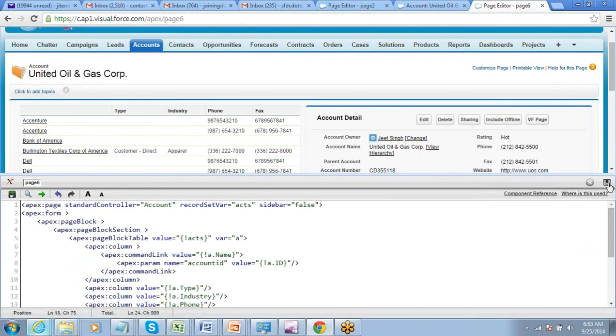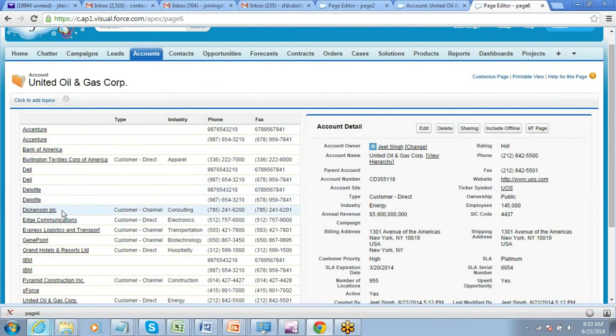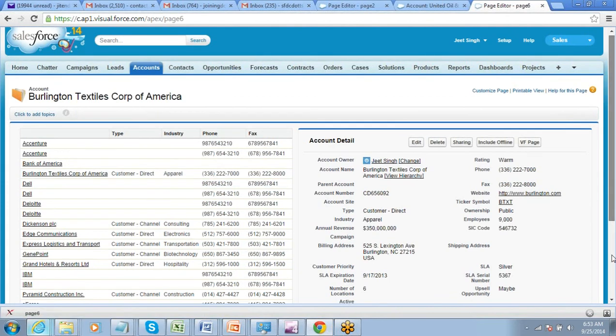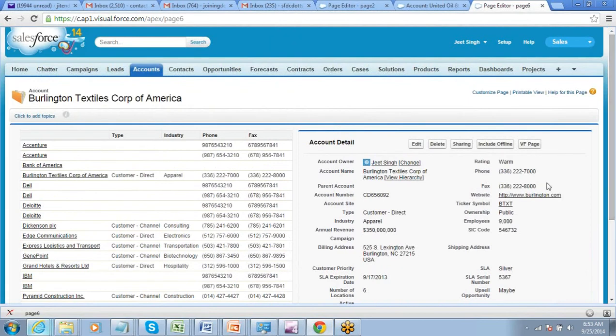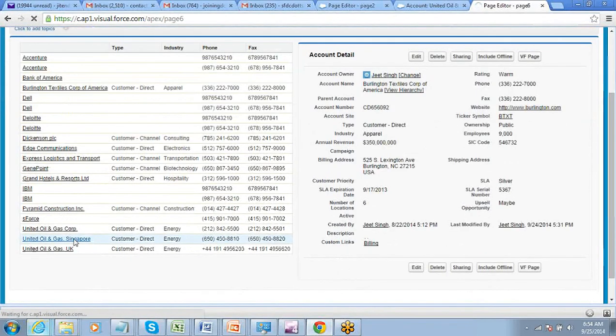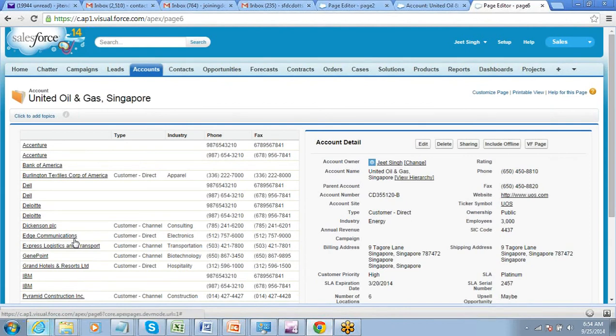So the next thing that I'm going to do is, while I click on any of the links, what is happening? This entire page gets refreshed. If you notice this, when I click on this, the complete page gets reloaded, right? That is the reason why it takes a bit of time to update or refresh this data, because the entire page is getting reloaded, right? Click on this, the full page gets reloaded.